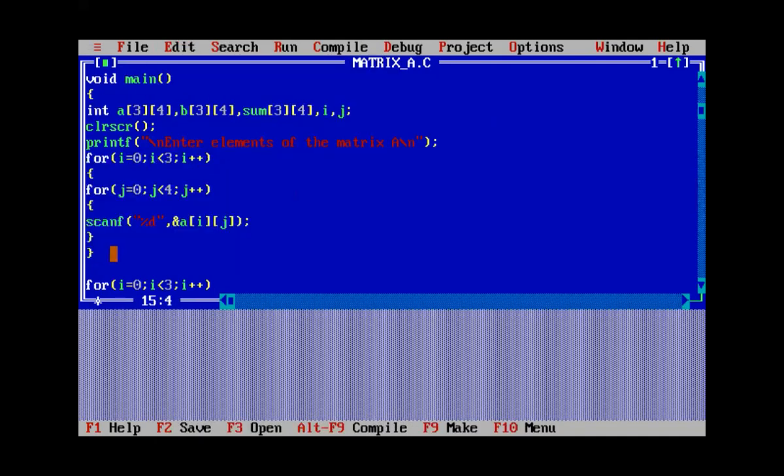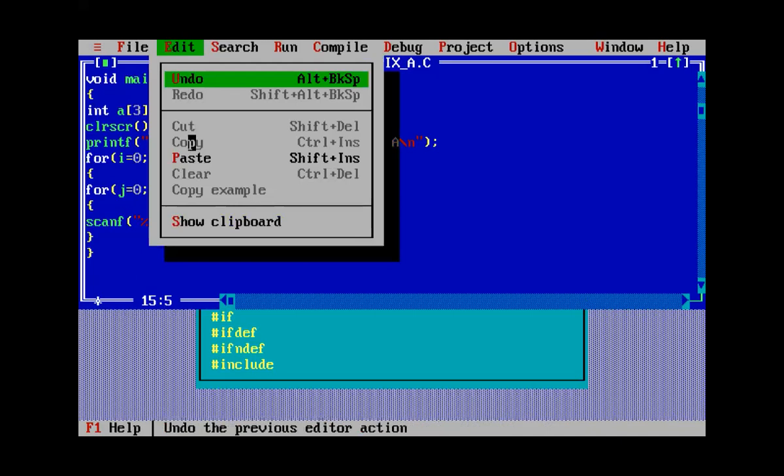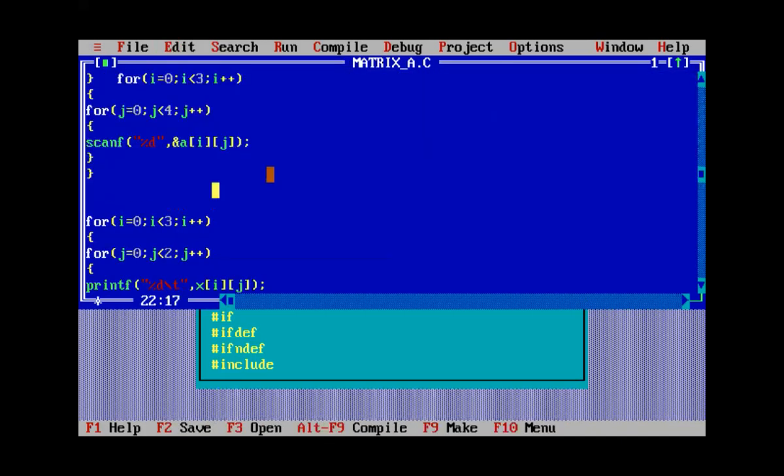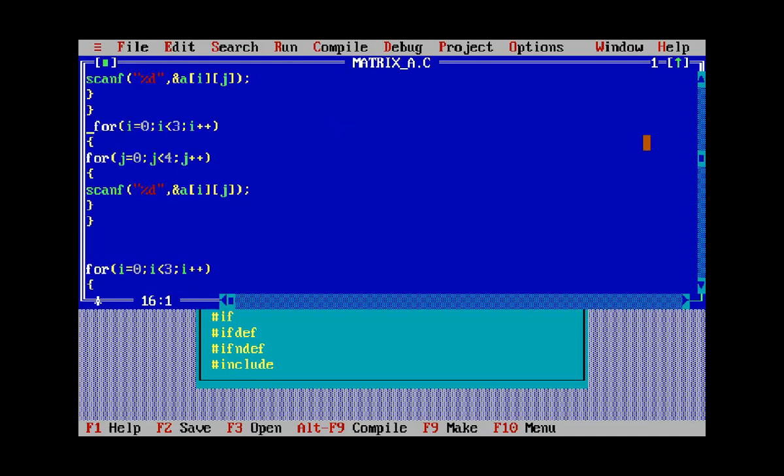You can copy this code and paste this code here. And we will use the same operation here.